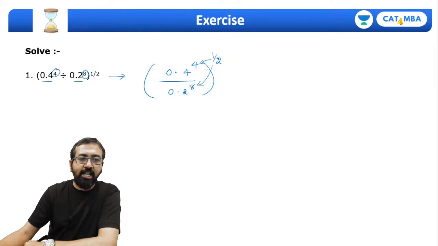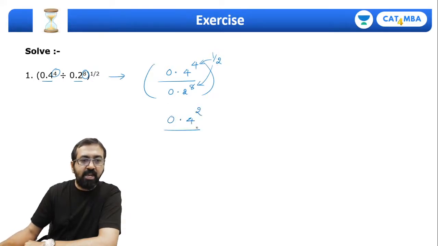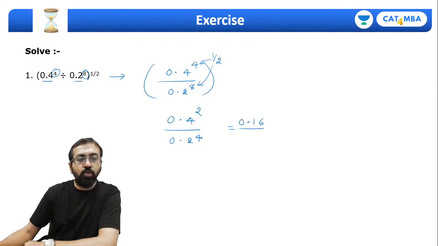What is 4 into 1 by 2? It's 2. So I'll write this as 0.4 raised to 2 divided by, 8 into 1 by 2 is 4, so 0.2 raised to 4. Now we'll simply expand this number. 0.4 square will be 0.16. 0.2 raised to 4,